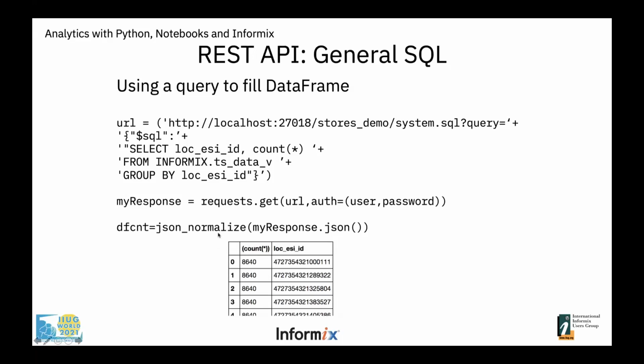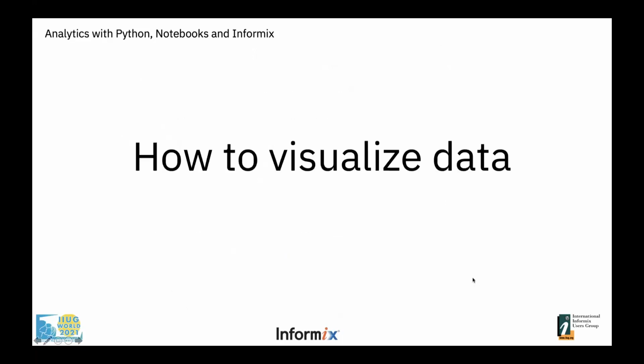But if you are doing something like count, then this will be put into the name of the column. Okay. These are the two options how to use the REST API call